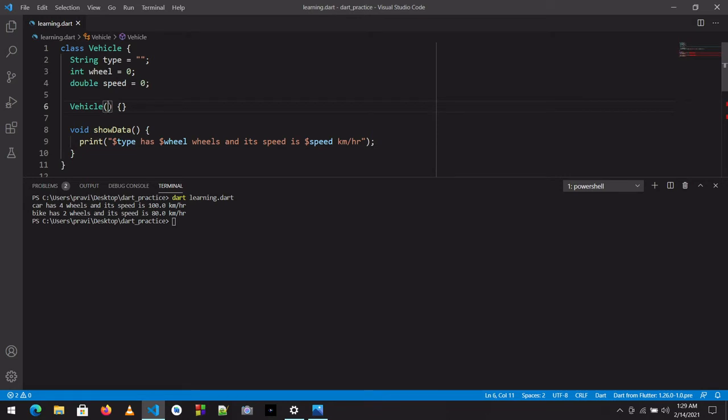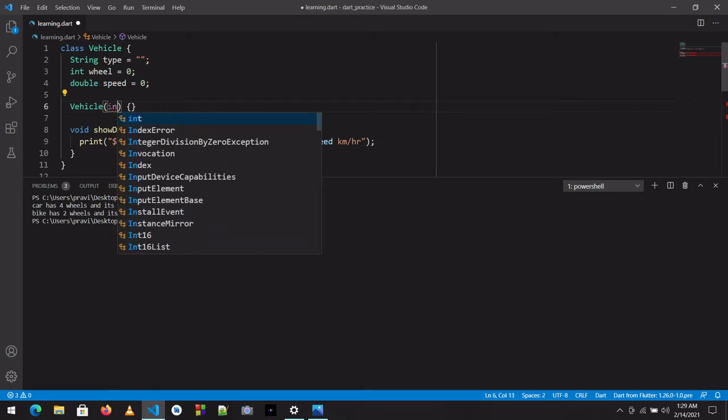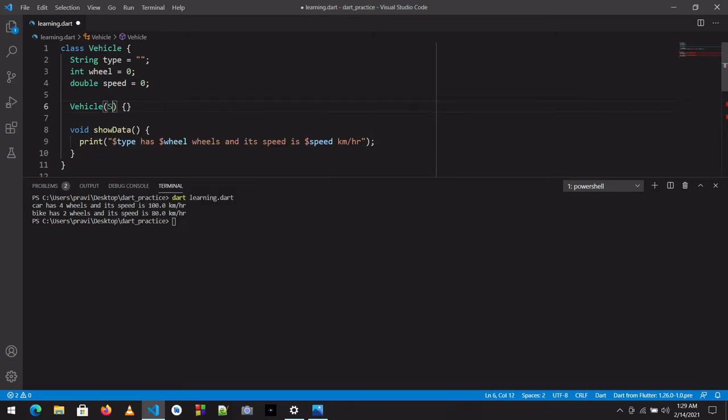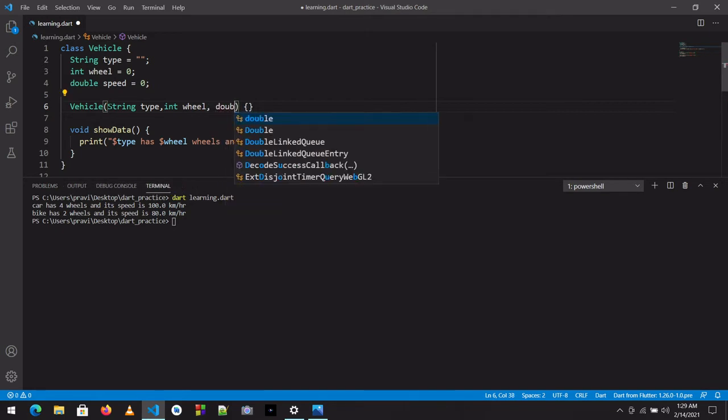So for that we will use first a string for type, comma int for wheel, and double for speed.